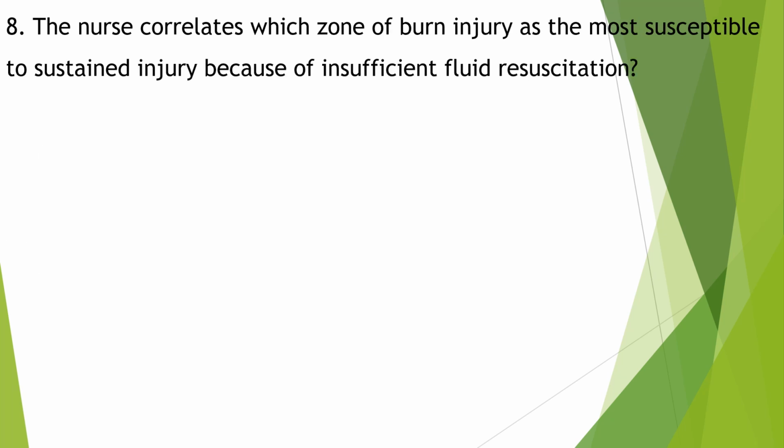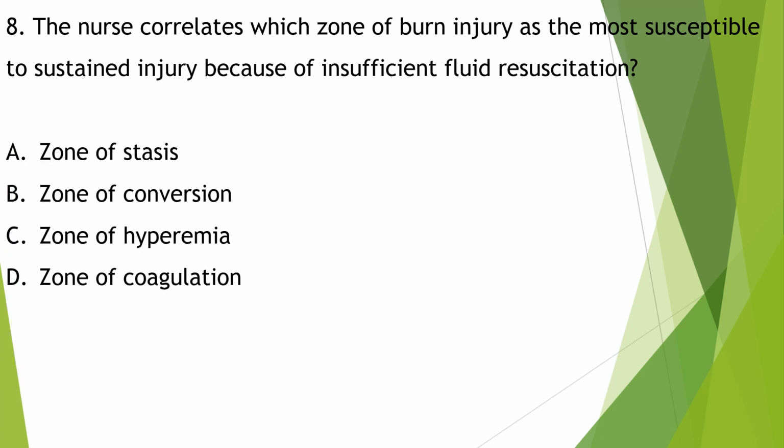The nurse correlates which zone of burn injury as the most susceptible to sustained injury because of insufficient fluid resuscitation. Zone of stasis, zone of conversion, zone of hyperemia, zone of coagulation. The zone of stasis immediately surrounds the zone of coagulation and is characterized by damaged cells and impaired circulation. It is this area of the burn that is most at risk for conversion if the patient does not receive